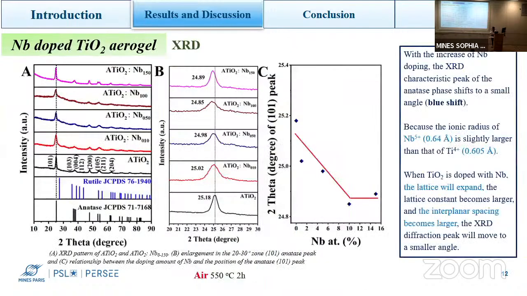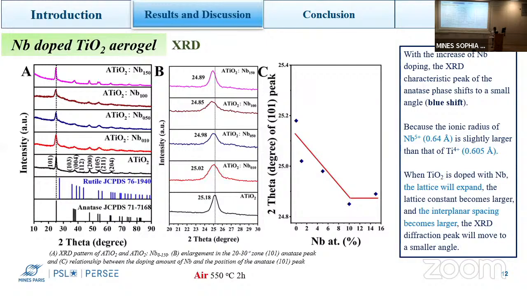And then we characterized our catalysts. First of all, we use XRD to see the crystal structure. No matter what, our calcination is at 515 degrees, so even without niobium doping and with niobium doping, it's all showing the anatase phase. After we zoom in on the 101 peak, we observed that there is a blue shift after niobium doping, and it